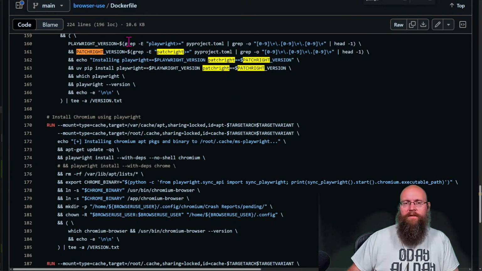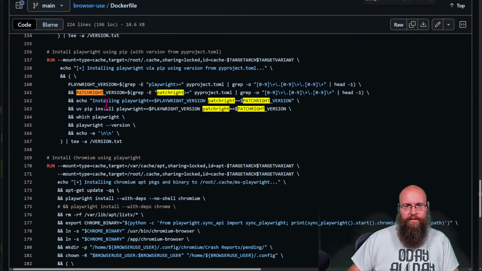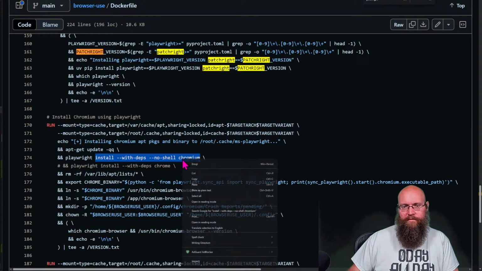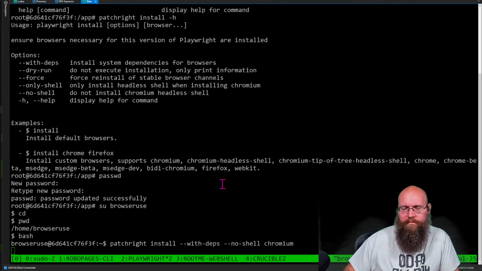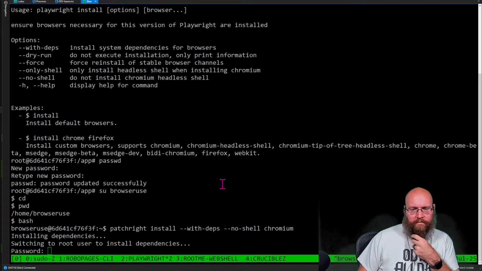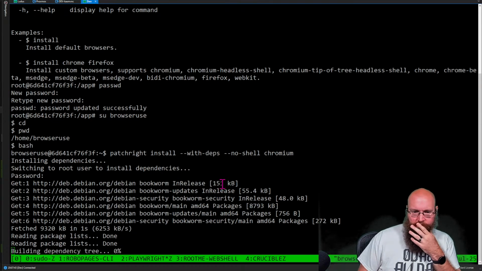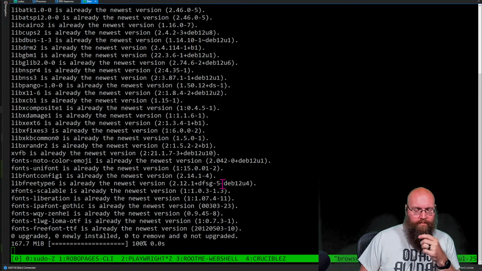Rather than using playwright to install it, what if we used patchwrite to install this? Where is this? I want to try something here. So, kitty. Doing some installage.